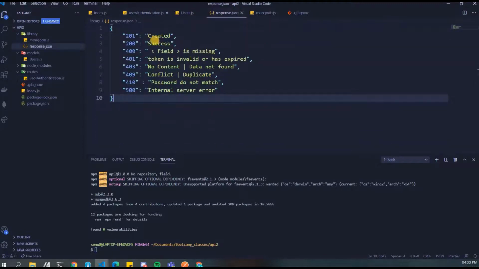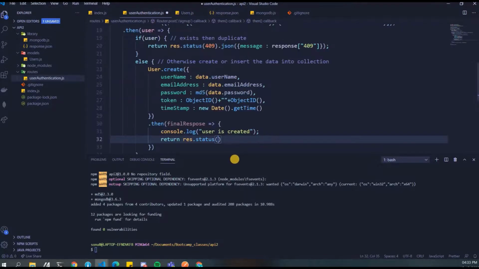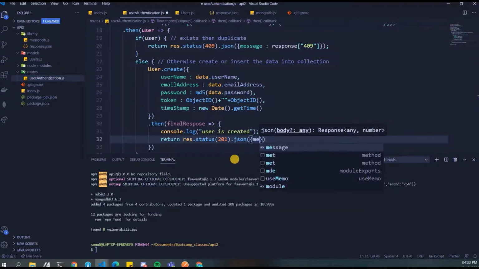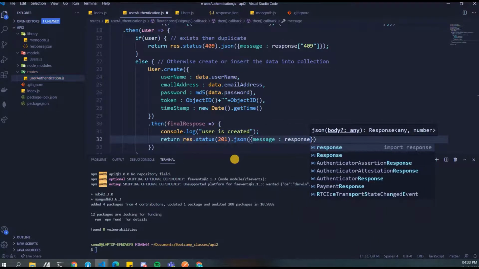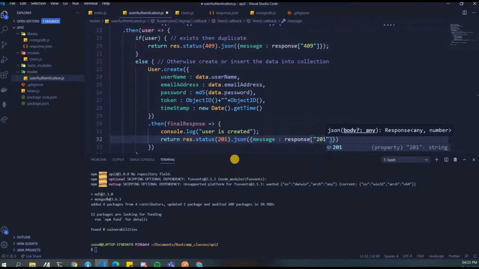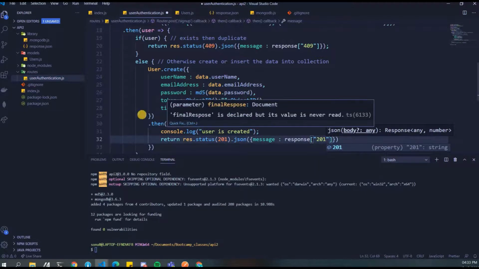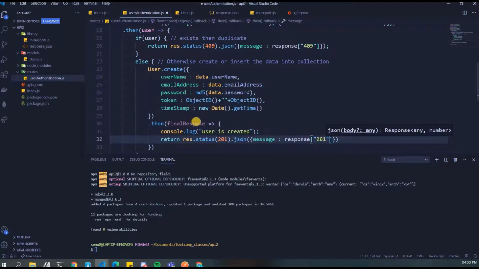What was the status for created? 201. Cool. 201 dot json, message, response, 201. Correct? The spelling mistake happened.